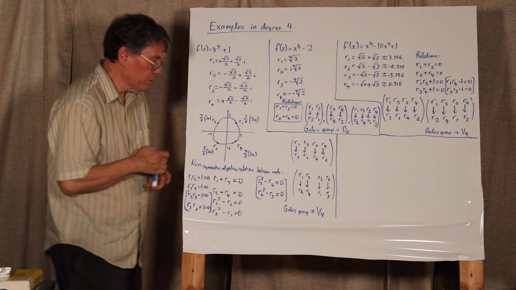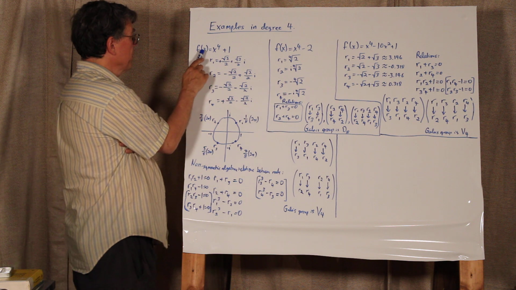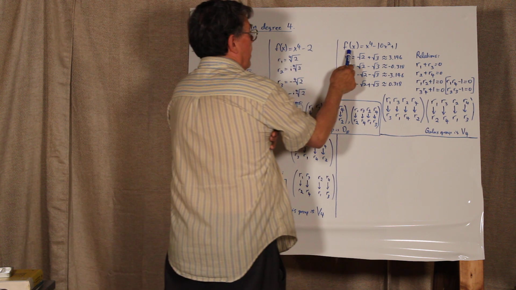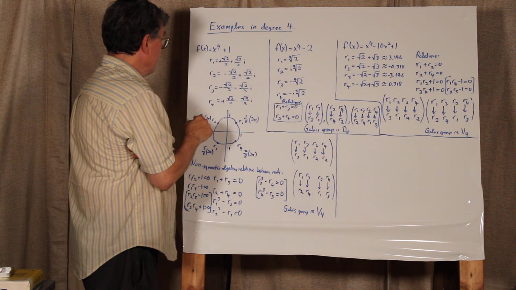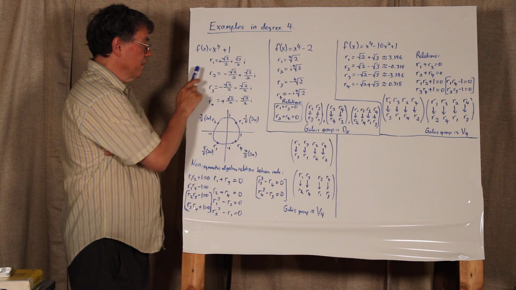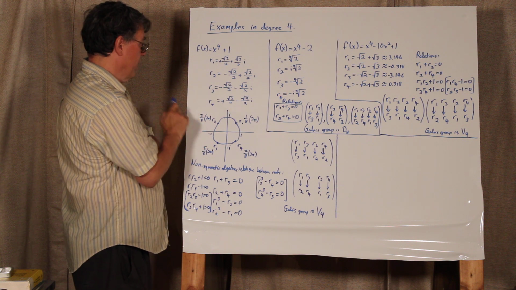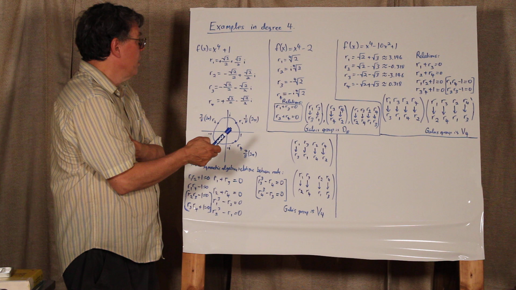Okay, so now degree 4, I'm going to show actually 3 examples: f of x equals x to the 4th plus 1, f of x equals x to the 4th minus 2, and f of x equals x to the 4th minus 10x squared plus 1. And for each one I've written out, again, as we know, we have to specify a given enumeration of the roots of this polynomial. So what I've done here, we have roots that are equally spaced around the unit circle,